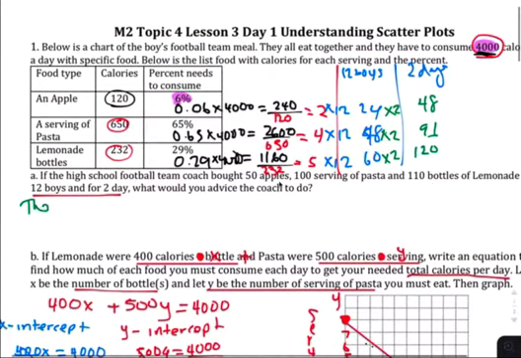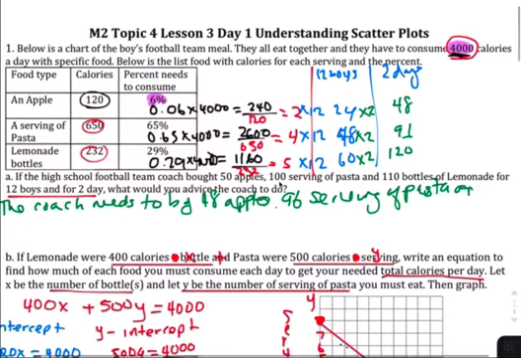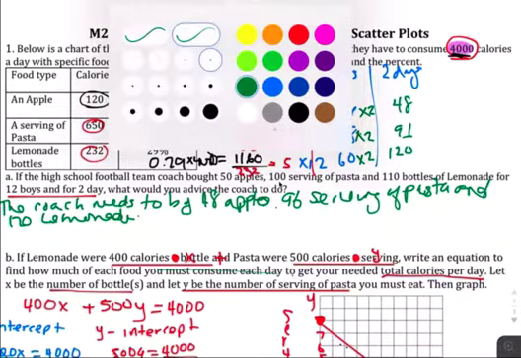the coach needs to buy 48 apples, 96 servings of pasta, and 120 lemonade. With that information from here,